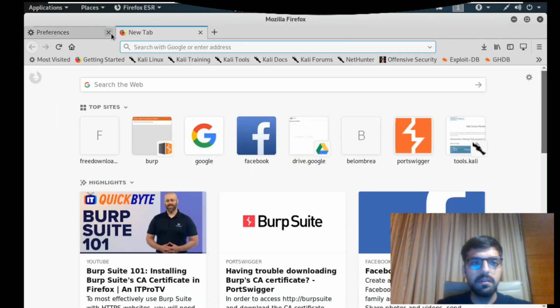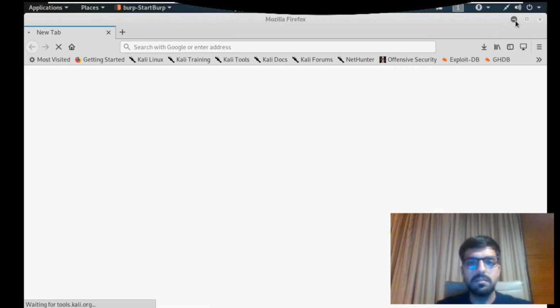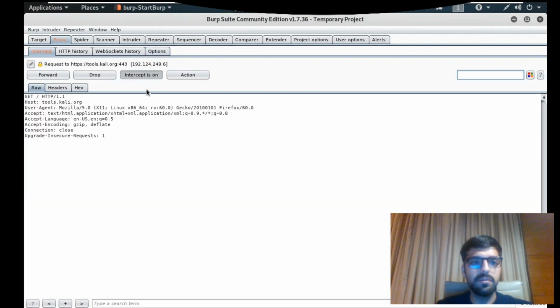Now everything is set up. If you want to intercept any HTTP request, go to any website, like I am going to the Kali website. Here in the intercept tab you need to turn on the option intercept is on. Here you can see the host is tools.kali.org. So we are able to intercept this HTTP request.